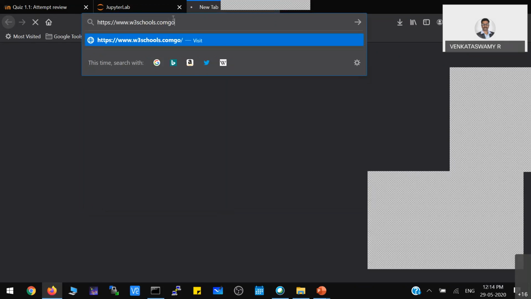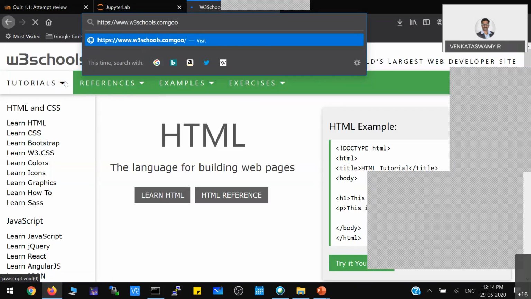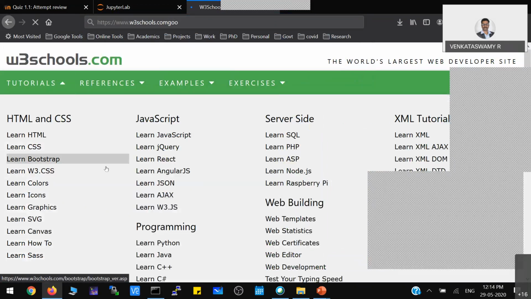What you can see here, in this particular w3schools.com, you have a Python tutorial, basics. It hardly takes some 2 hours to learn. They have given some demonstrations. You can go to tutorials there.